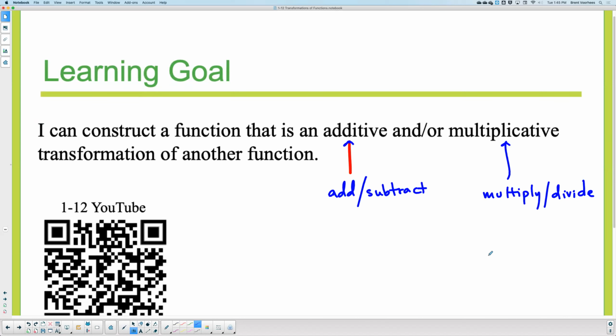So we're going to look at transformations today. The type of transformations we're not going to do is rotations, and we're not going to do absolute values. Maybe you remember from geometry what a rotation is, but we're not going to do those today, but we are going to do additive and multiplicative transformations. So